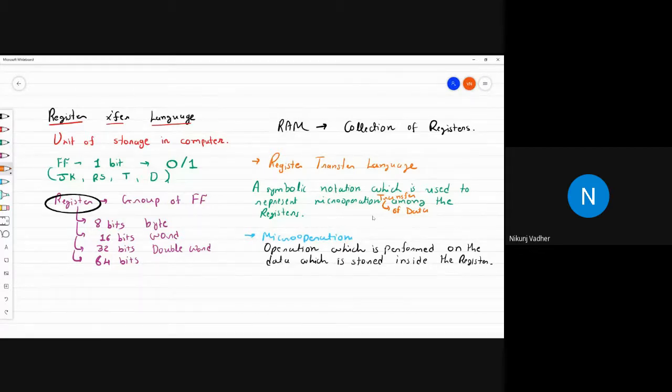Okay, now is anybody having any doubt in whatever we have discussed till now? So I can move forward. If you are having any query, any doubt, then you can ask. Otherwise, we will move forward.